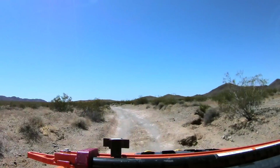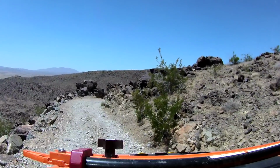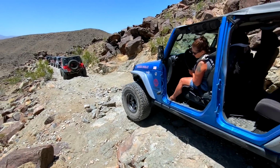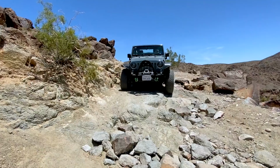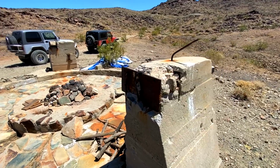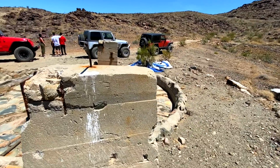This is an easy road. It's one of our favorite runs because it's easy, although there are some difficult spots. We're going to talk about those as we get to them. We're going to show you all those tough spots. There's several very interesting places to stop along the way and interesting things to see, like old historic mines and